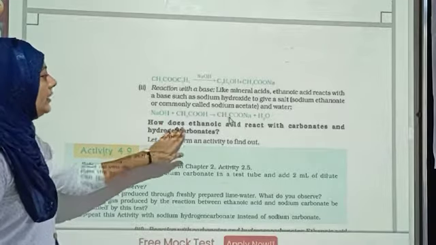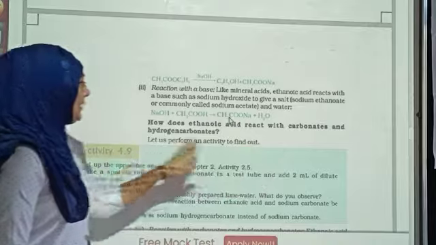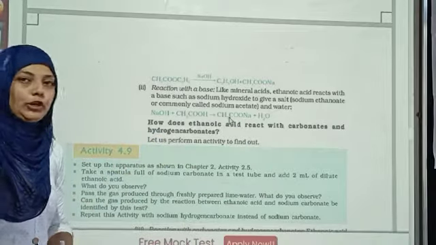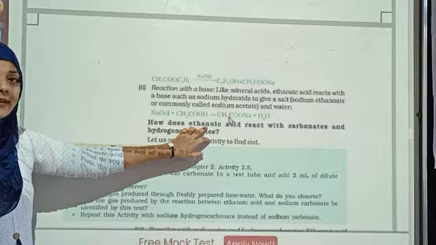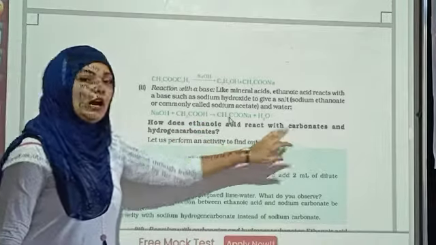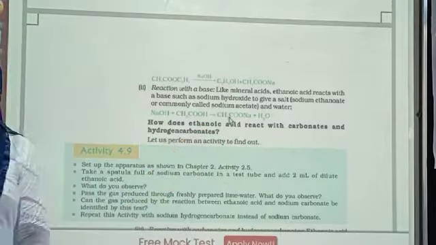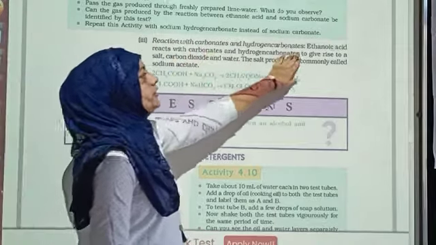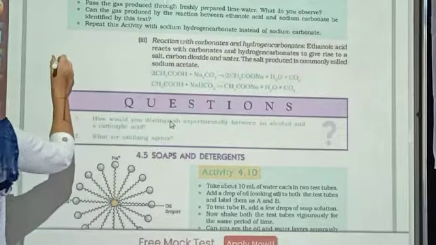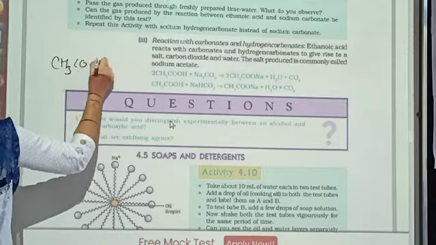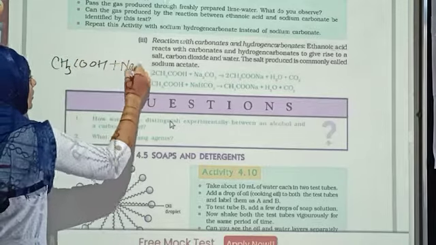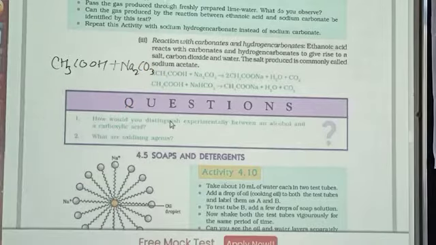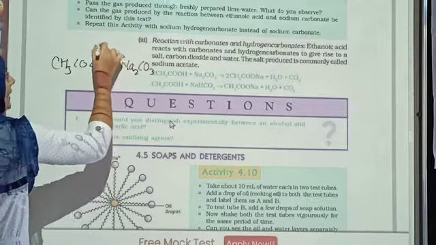Now dear student, how does ethanoic acid react with the carbonate and hydrogen carbonate? A very important question, how the ethanoic acid, or you can say acetic acid, is reacting with carbonate and hydrogen carbonate. So dear student, it is reacting in a very simple way. Let us see this. Reaction with carbonate and hydrogen carbonate. Dear student, when you take CH3COOH plus Na2CO3, what is going to happen? From here the H will be coming out, and in the place of that your Na will be substituted.